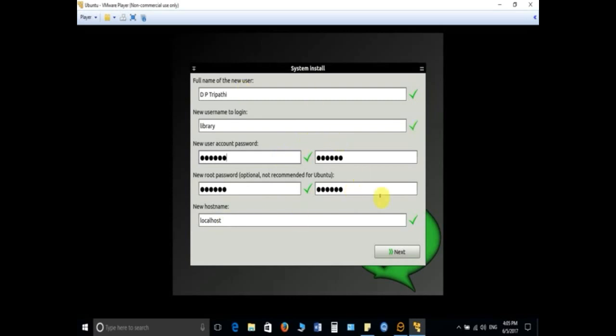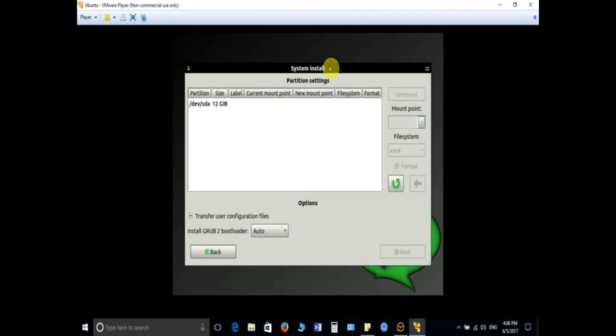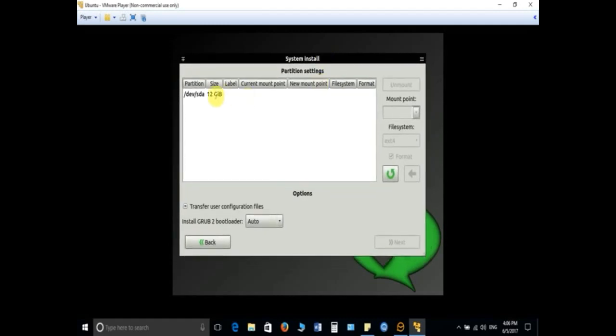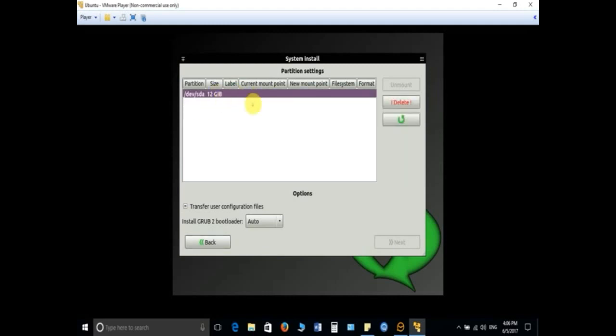When I complete this form, now I am going to click on the next button, and now it is showing me the complete hard disk structure. It means I am having one hard disk which has a capacity of 12 GB. In your case, it may be 500 GB or 1 TB based on your computer hard disk capacity. So suppose I have this 12 GB space, and here I am going to install the Linux.